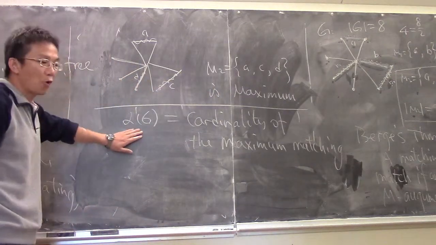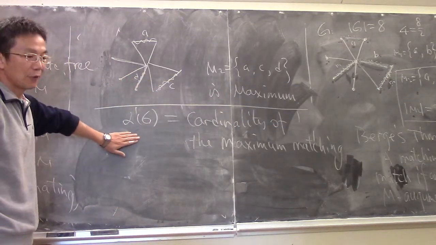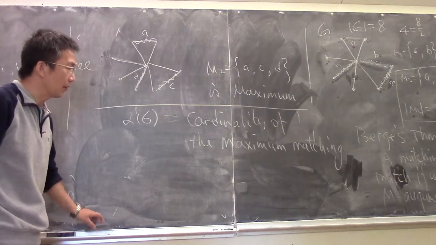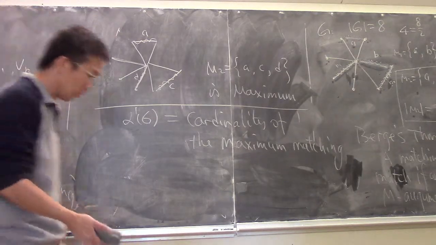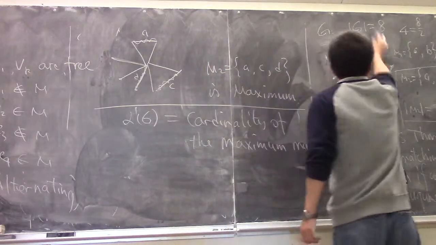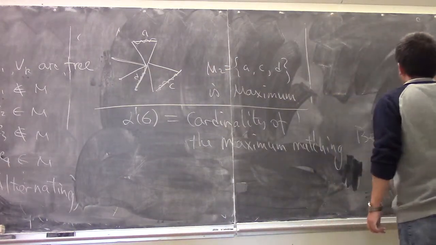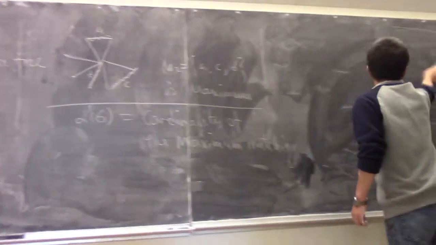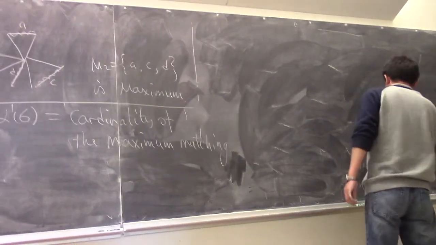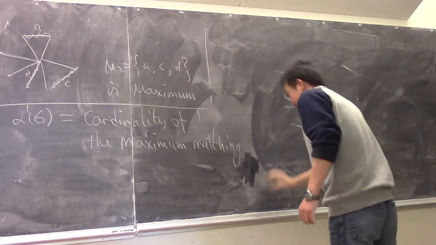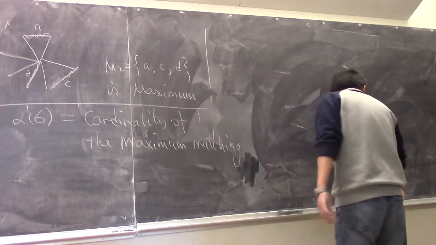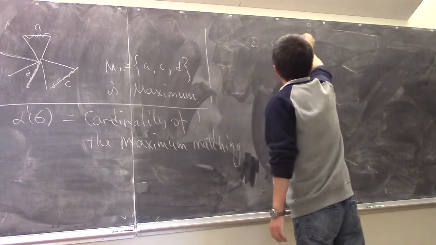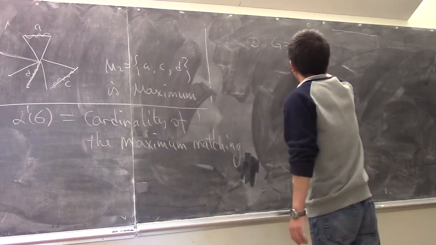So what I'm interested in, of course, is to find the value for this number. So we start with some easy, standard examples. The easiest example of a graph is a circle, right? So if G is a circle, Cn, so that's going to be